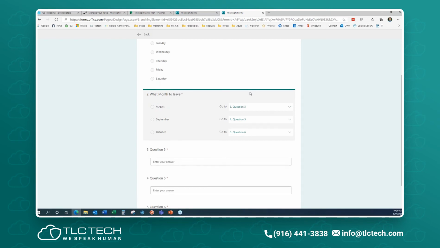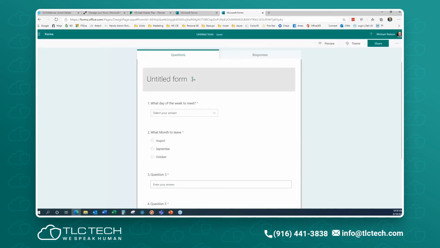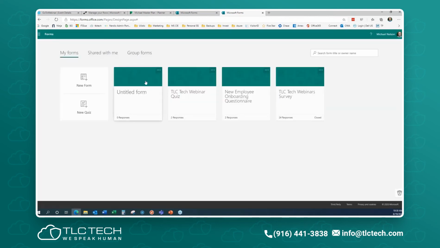Okay, so we talked about previewing the forms. Let's go ahead and look. Are there any questions on building forms? Because now we're going to go into what happens after you've built them and people have responded, and I'm going to show you some more advanced options. Any questions on building forms at this point? Nothing else. Okay, I'm going to delete that one just to keep things clean.